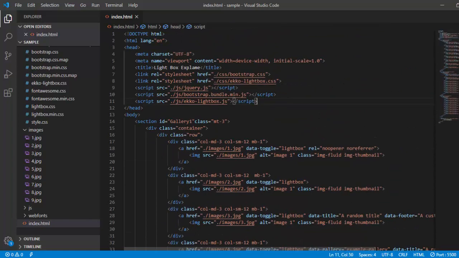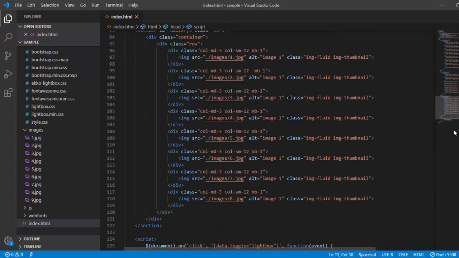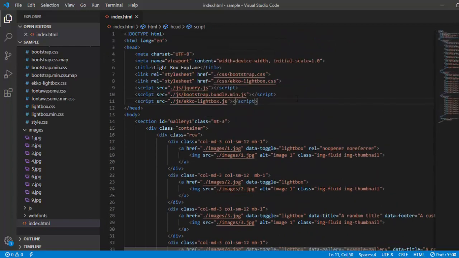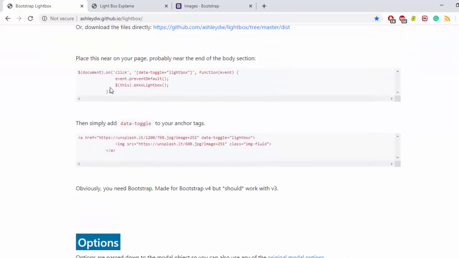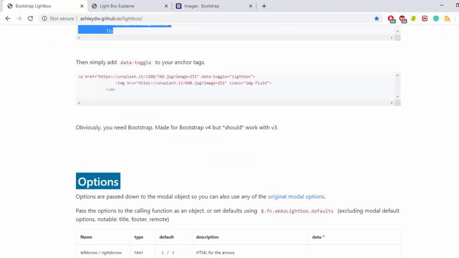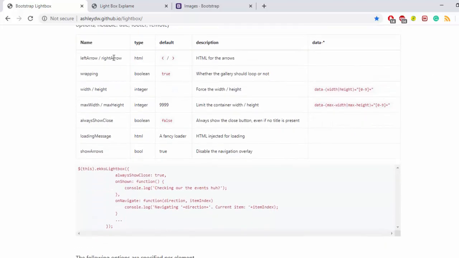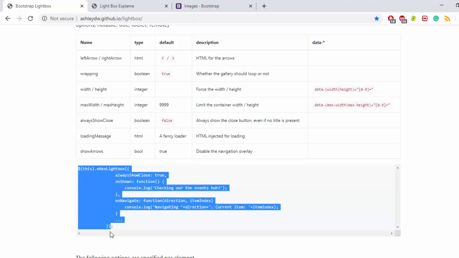This will not be provided right now, so only for reference purposes we have taken it out. For anything you can just visit their website and have a look. We have written only this piece of code, we have not used height or arrows or wrapping, just the default one. If you want all those things you can use them here by taking this code.